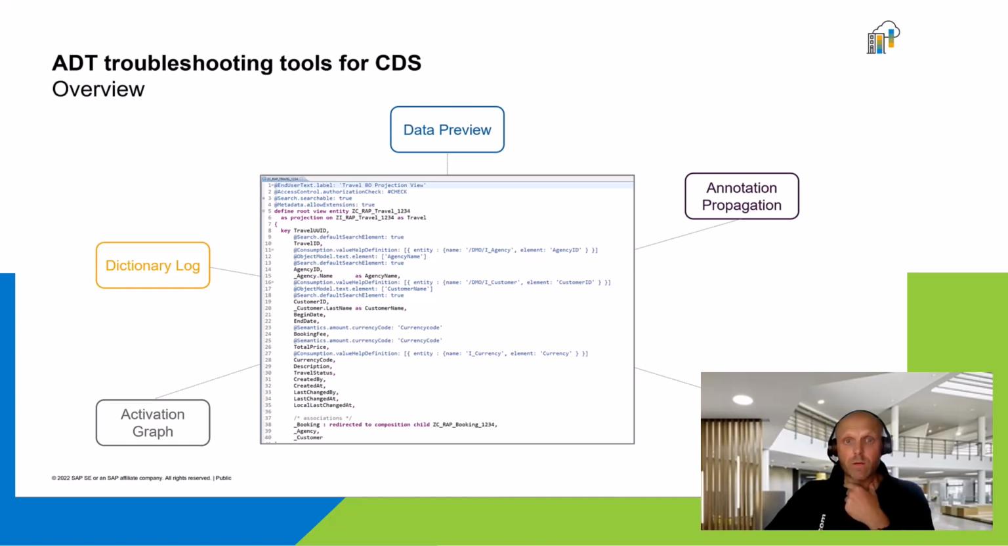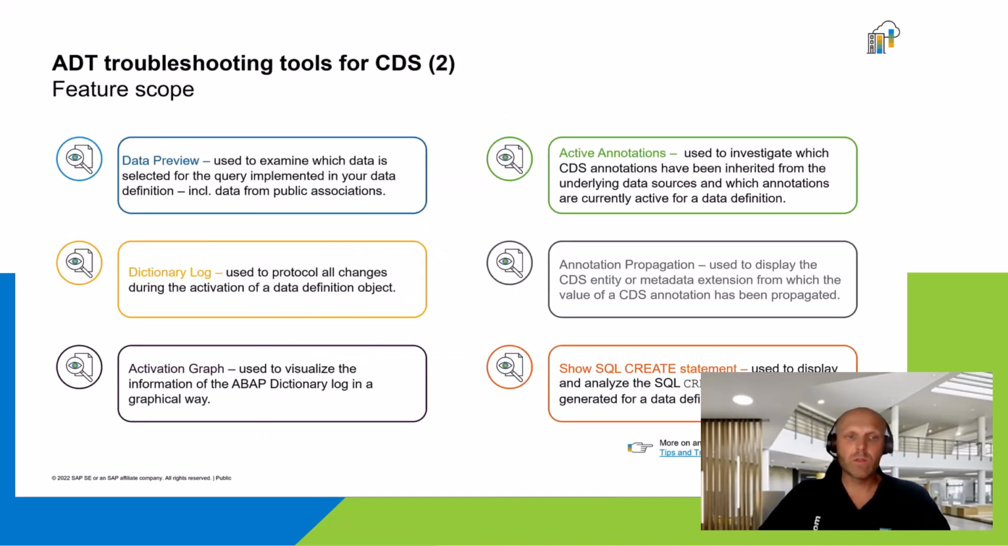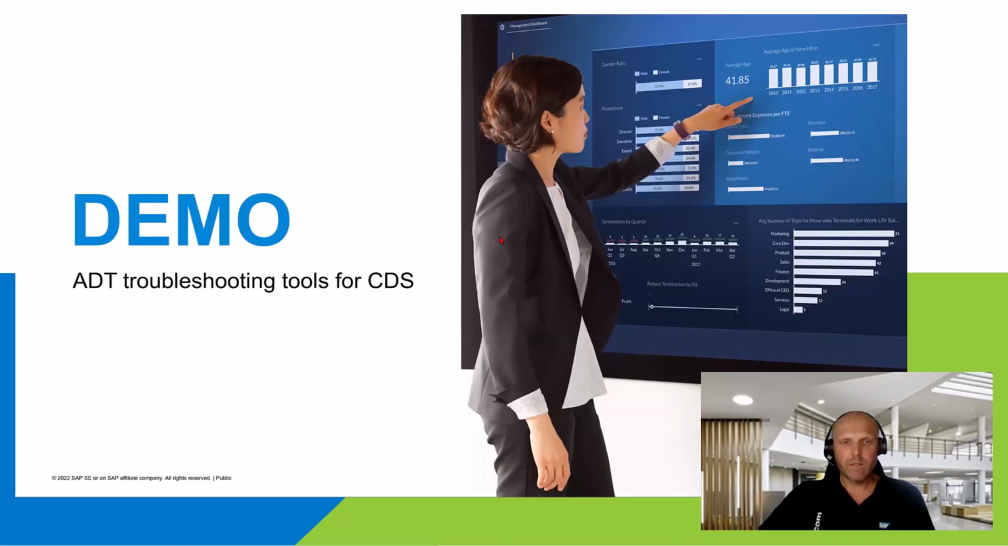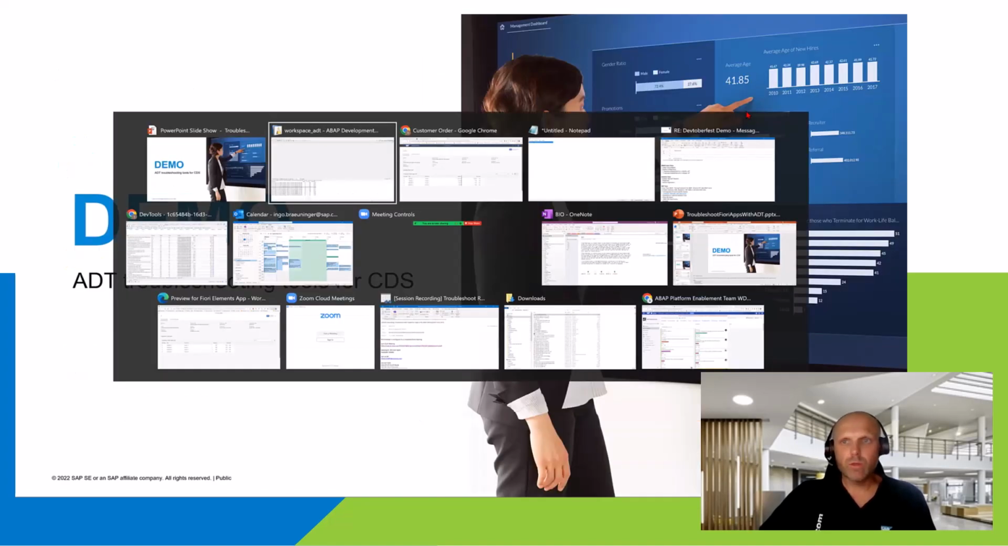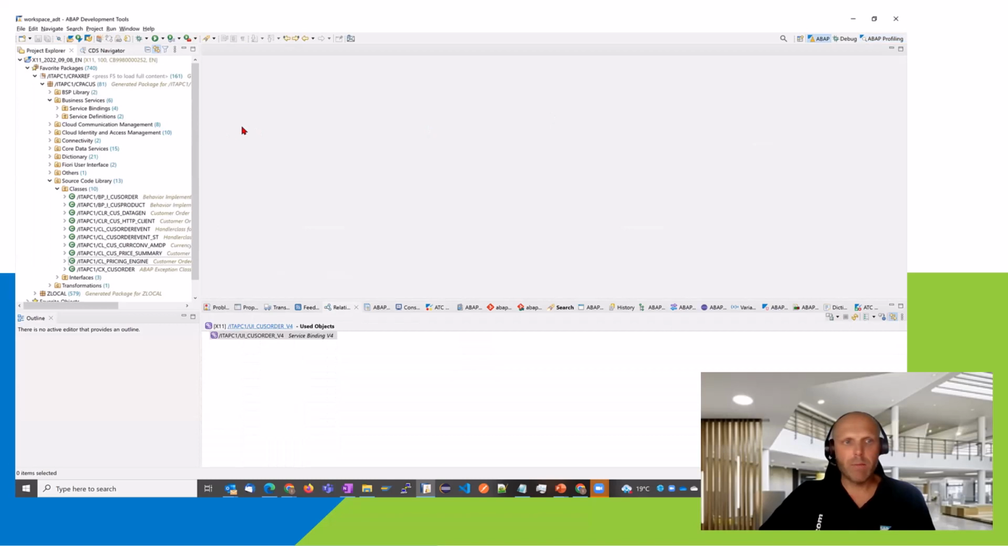Also, for the sake of completeness, I'll put it into the slides, showing the dedicated scope of these CDS troubleshooting tools, like the annotation propagation and so on. But I think it's much better to go into the system and show what exactly these blocks mean. Okay, then going over again to the ADT, I'm switching back to the ABAP perspective,